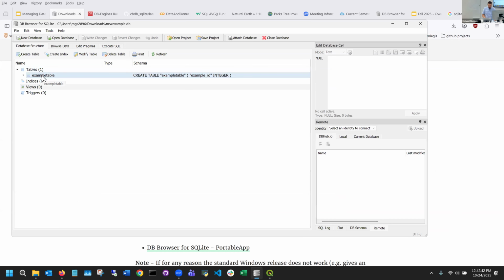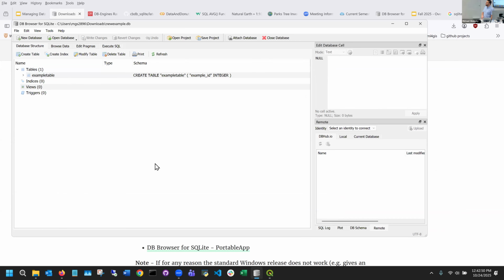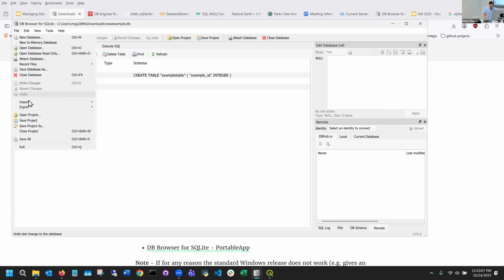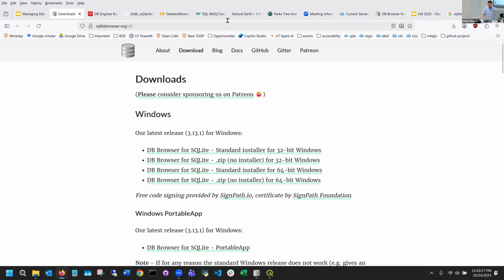So I see I have one table in here, and I can create as many tables as I want. I can create another one and give it any name that I want. But one of the other things I want to highlight for you is if you're already used to working with data in CSV format, or you already have data in another spreadsheet or tabular data format on your system, and you're interested in testing loading it into a relational database like this one, that's pretty easy to do. If you go to File and Import, Table from CSV file, you can create a new table from the CSV file. So for this example, we're going to